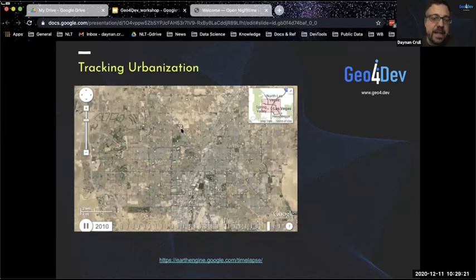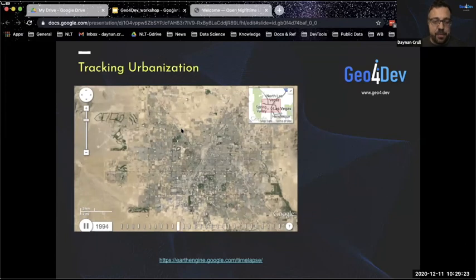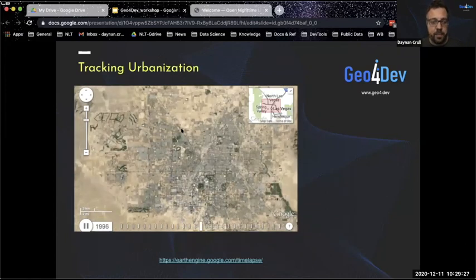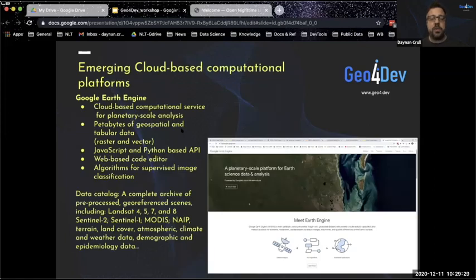They're fun visually, analytically. They don't provide a ton of value in my mind because you want to quantify things, but they're pretty fun to look at. Google Earth Engine is a cloud-based platform, which means that the data is hosted on the Google infrastructure. There is a lot you can do, as we will find, with the data without having to download it to your computer. That's a huge advantage, of course.